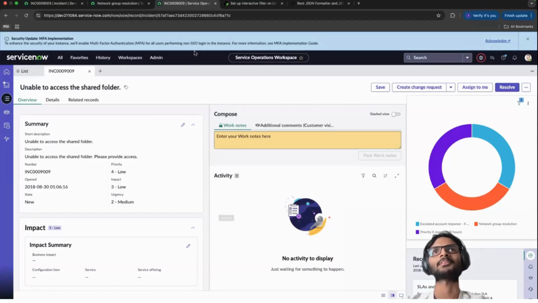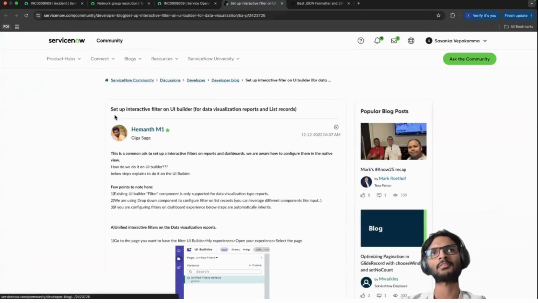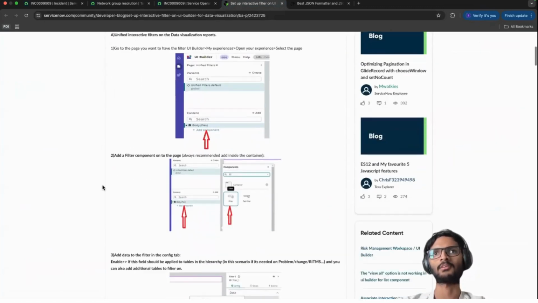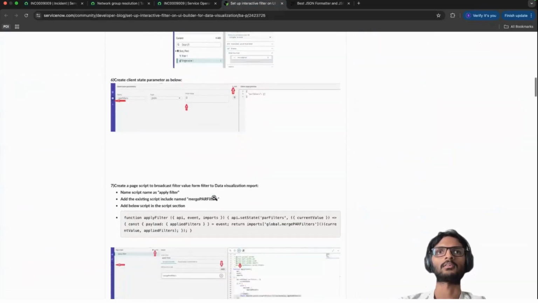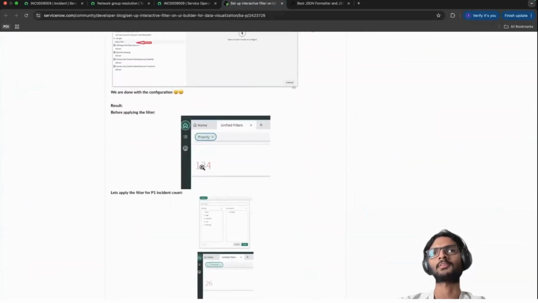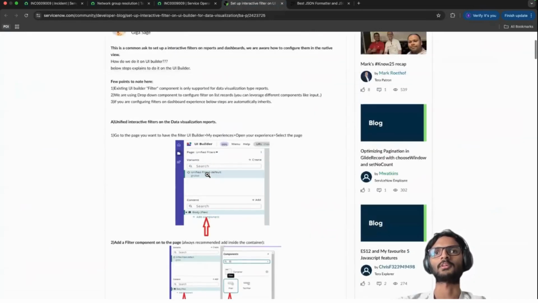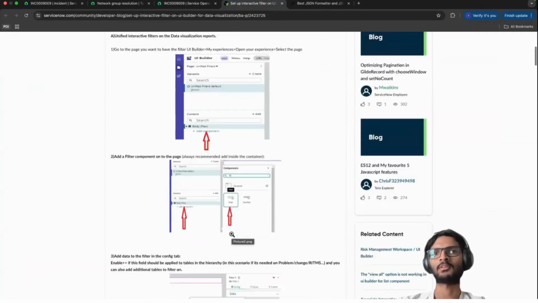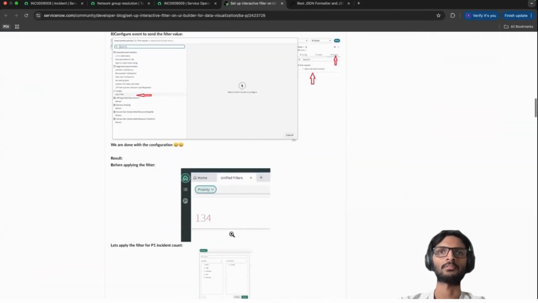Hey everyone, hi there. So I found this very interesting article which basically talks about setting up interactive filters on the UI builder, which means that, let's say we have a certain data visualization, like this, counting the number of incidents with a certain priority or something, then this article talks about applying a filter of this sort where we have a drop down using the filter component and selecting a certain value in this dropdown will apply that filter onto any visualization that